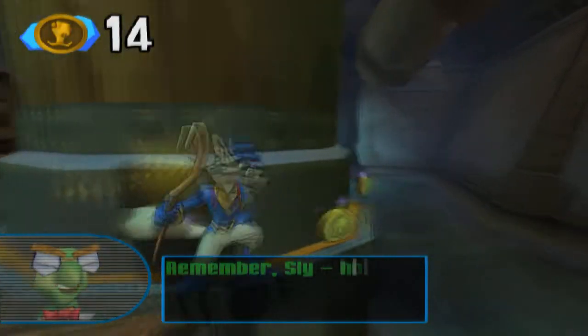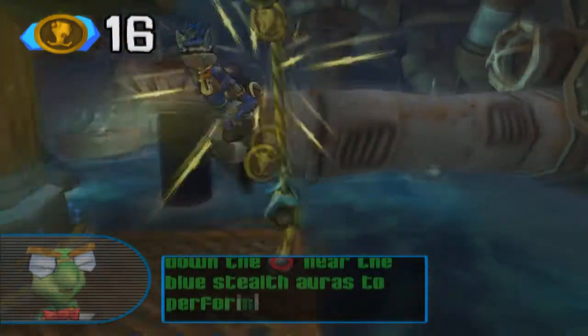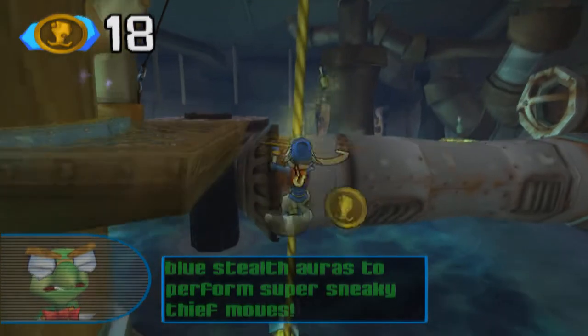Remember, Sly, hold down the circle button near the blue stealth auras to perform super sneaky thief moves. And there are plenty of